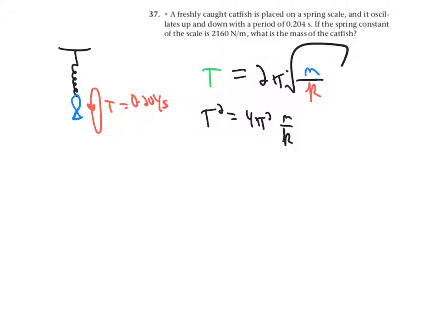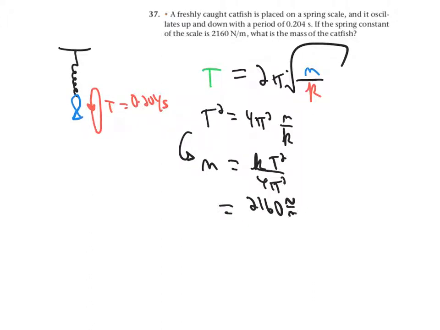That 4 pi squared happens a lot. Please remember, it's 2 pi all squared. So you get 4 pi squared. And then we can just solve over and say that the mass, cross multiplying by k and dividing by 4 pi squared, we get k T squared over 4 pi squared, or